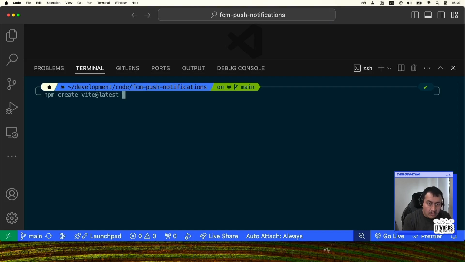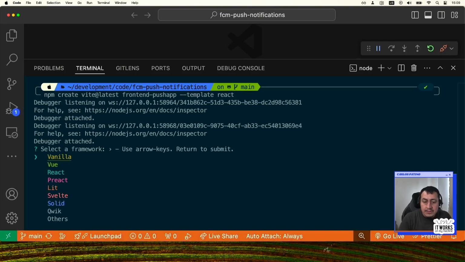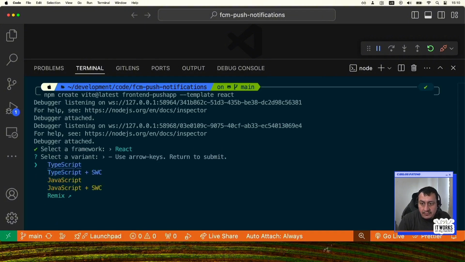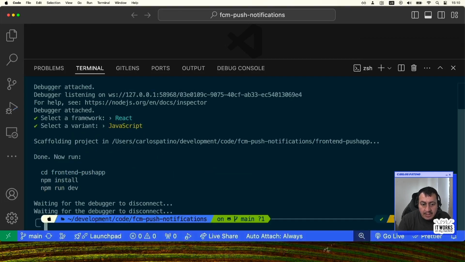and what's gonna be the name of the application? In this case, we're gonna put frontend-push-app, and the template is gonna use React. This will show a wizard where we can decide specific parameters. For whatever reason React was not selected. Then we're gonna use just pure JavaScript for this, and that's pretty much it. We can return to the